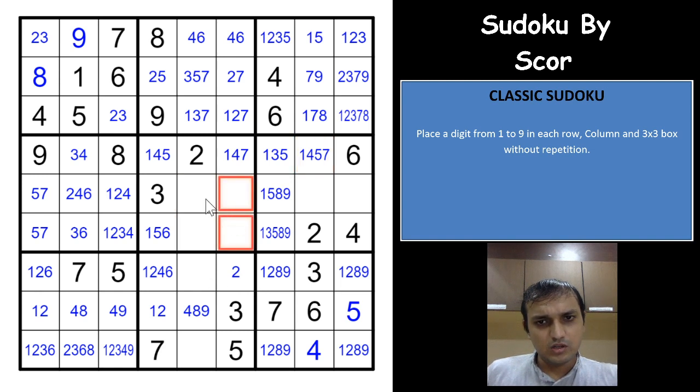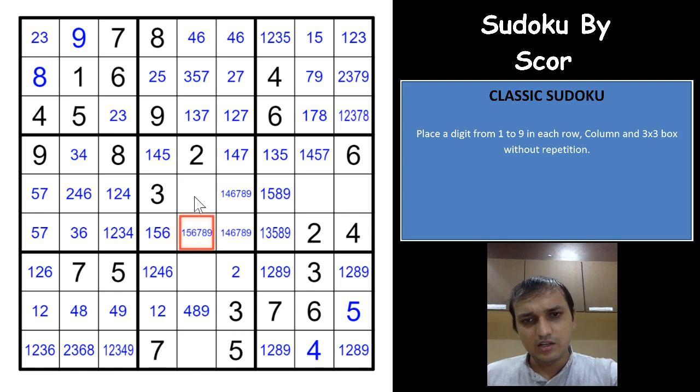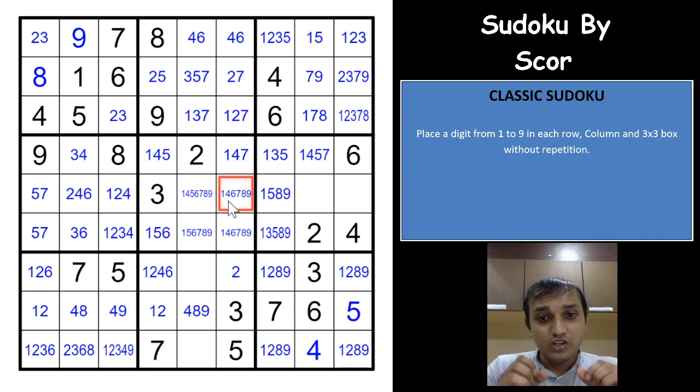If you see here, there will be too many digits here. You cannot have 2 and 3, 2, 3, 5. So you'll have 1, 4, 6, 7, 8, 9. Same way you cannot have 2, 3, and you'll have all the digits here except 2 and 3. So 1, 4, 5, 6, 7, 8, 9. Too many candidates here. But I'm just writing it because I really want to be perfect in what I see, the logic here. And I really don't want to miss anything from that logic.